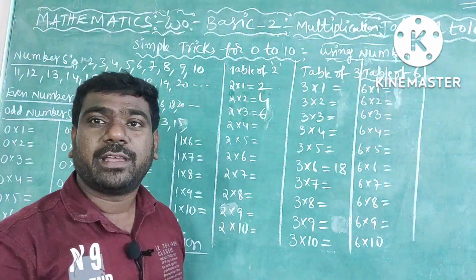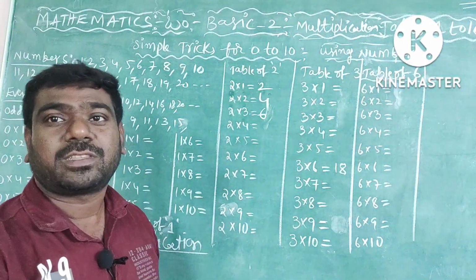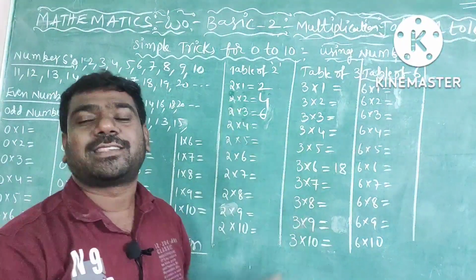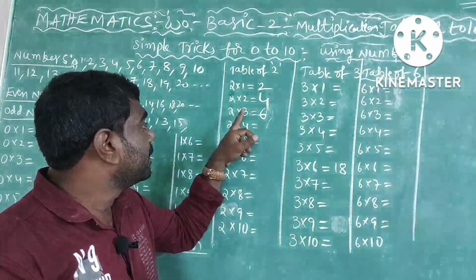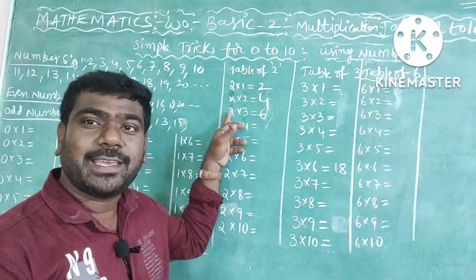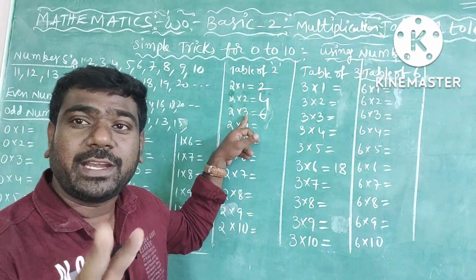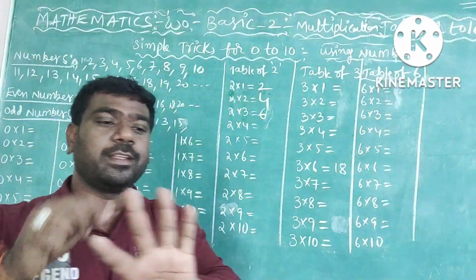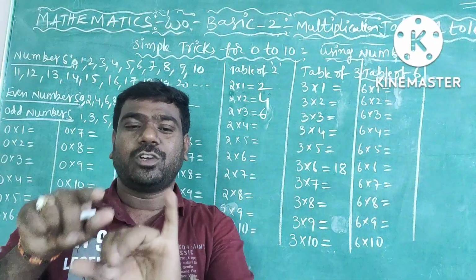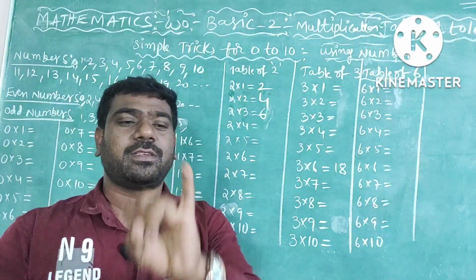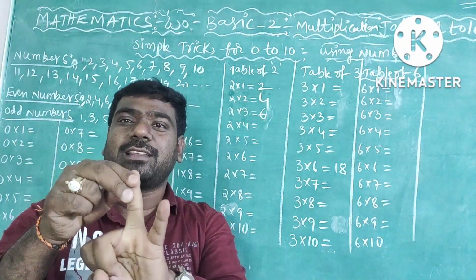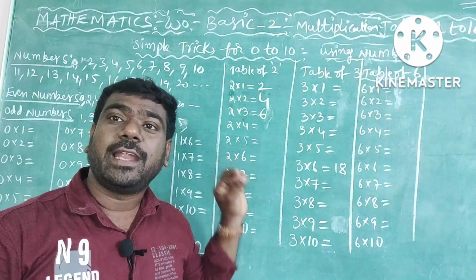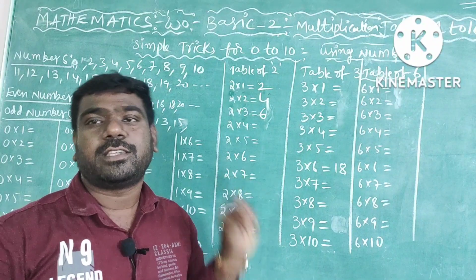This is one way. We can read in reverse also. Same answer you will get here. How? 3 times 2 is, what is the meaning here? 3 times 2 means 3, we are adding how many times? 2 times. What answer are you going to get? 6. See, 3 times 2, so 3, we are adding 2 times. 3 plus 3, how much is the answer? 6. In this manner, we are going to write the table. That is the logic of the table.